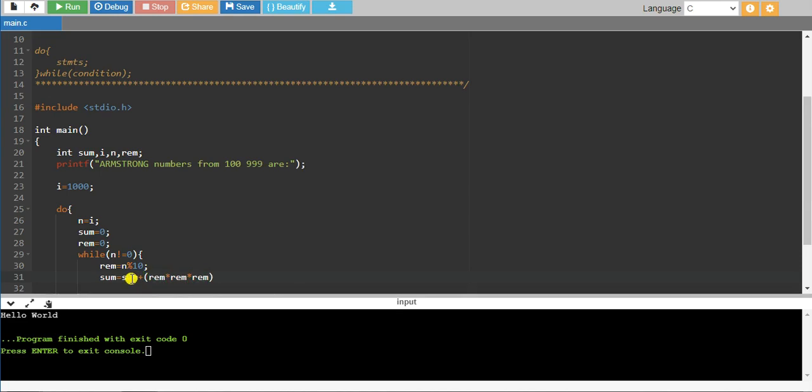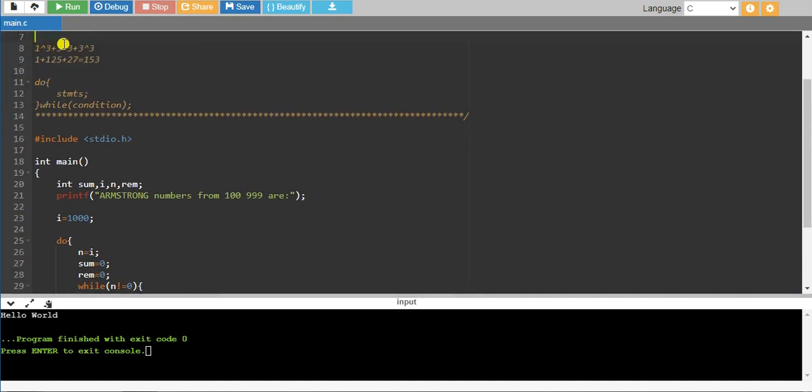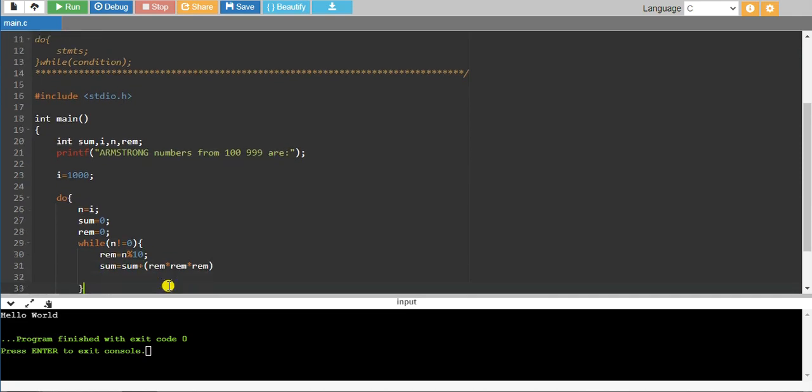So finally, after performing this operation, we'll be adding this 27 to the remaining sum value. That is the reason we are writing here rem into rem into rem, that is the cube operation. Then